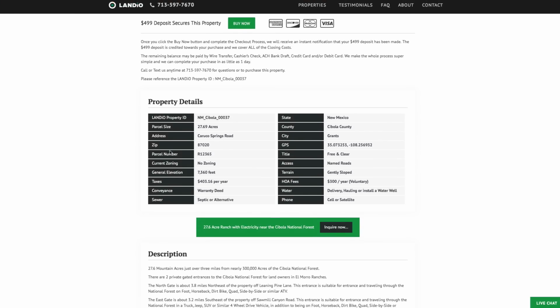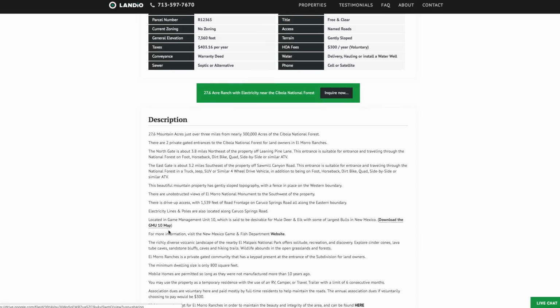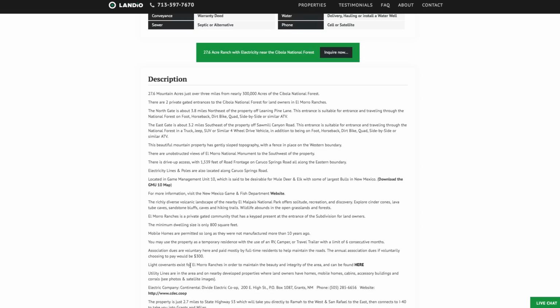The property taxes are only $403 a year for the entire 27.6 acres. Again, you can use the property recreationally, seasonally, or live there full time. The minimum dwelling size is only 800 square feet. And there are just some light covenants to protect the integrity and the beauty of the community, which you can